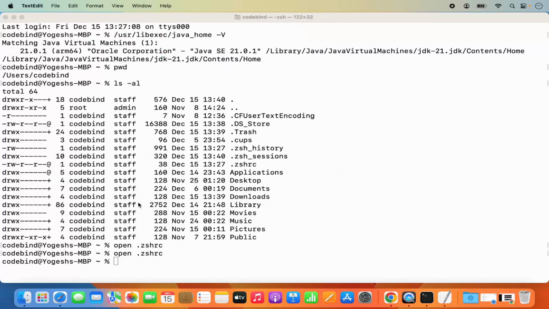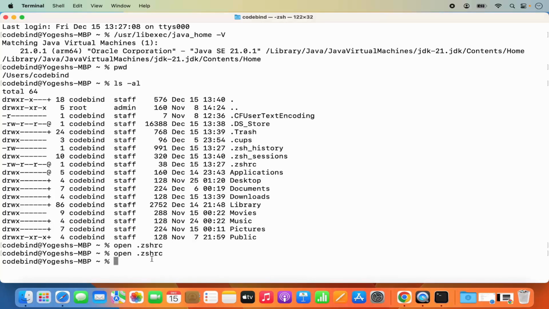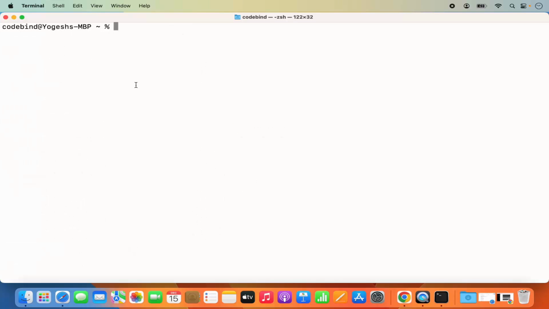Once your changes are saved, the next command you need to write here is this one. So let me clear the terminal because it's full. So after saving your export, you just need to give this command, which is source, and then give the name of your file, which is .zshrc, and then press enter. If you don't give this command, then .zshrc will not load in the current terminal. So if you don't give this command, just close your terminal and then reopen the terminal once again. Okay, so you can also